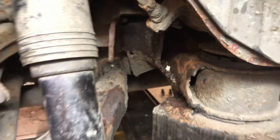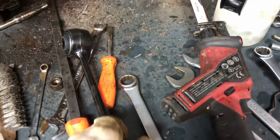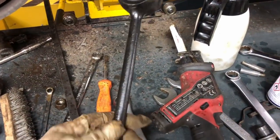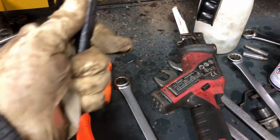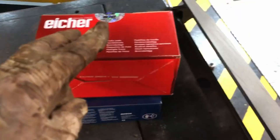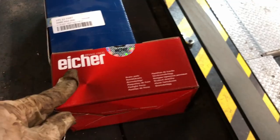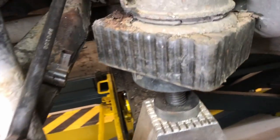So, yeah, got the new one, put it in. So, Euro Car Parts, got the arm. Apparently they're left or right, so they go in either side. So obviously it goes in there, and then it goes through there. And then Euros lists 2 different brake pads. Well, there's 3 different brake pads for this registration number, but they've narrowed it down to 2. So we've got 2 different pads, so obviously I'll work out which ones are the right ones and send the rest back. Got the new arm on,